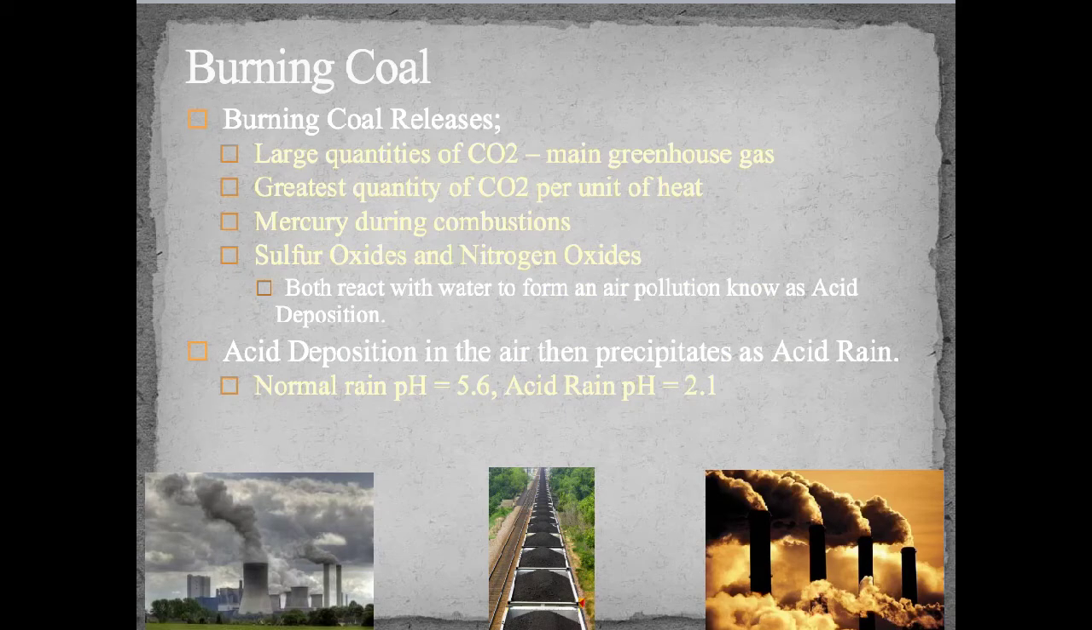So using coal as a resource, burning it, is what they have to do to generate heat. It releases large quantities of carbon dioxide, which is a main greenhouse gas. It has the greatest quantity of carbon dioxide per unit of heat out of all the fossil fuels. Mercury is released during combustion, and that's how you can get mercury buildup in streams and lakes, because it's released